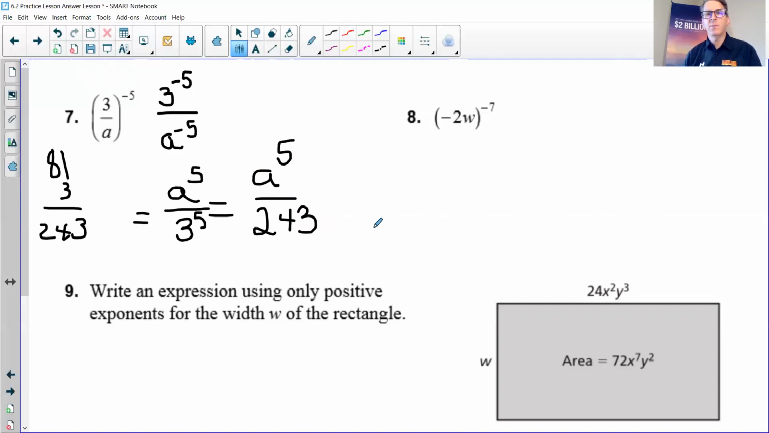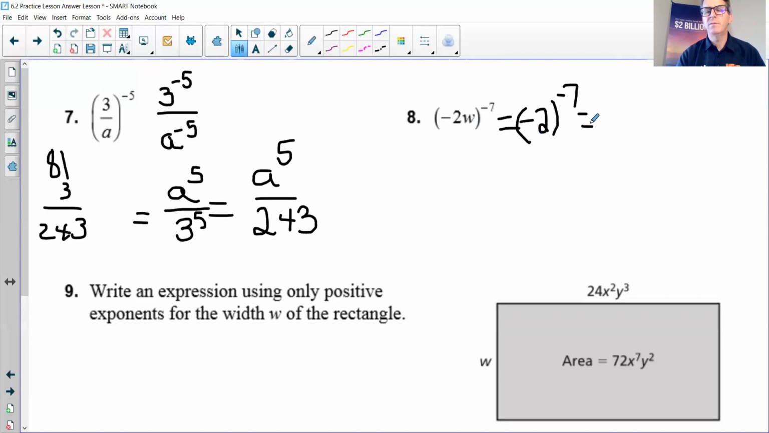And lastly, on number 8, you have negative 2 times w raised to the negative 7 power. So again, we're going to take this negative 2 and raise it to the negative 7 power. And since that's in parentheses, we're going to grab that negative with it. So negative 2 to this negative 7. And then we're going to